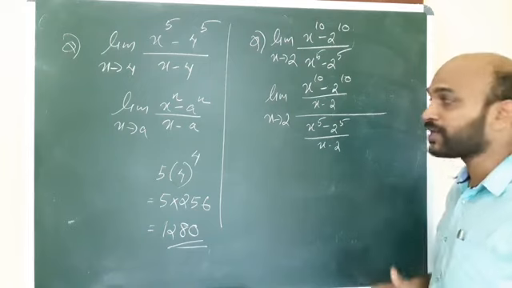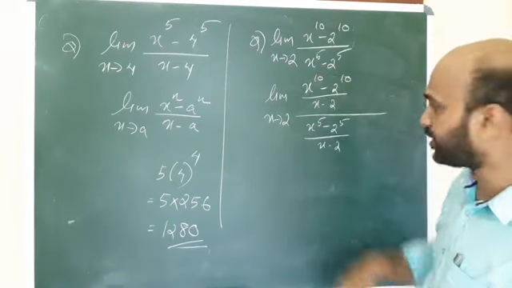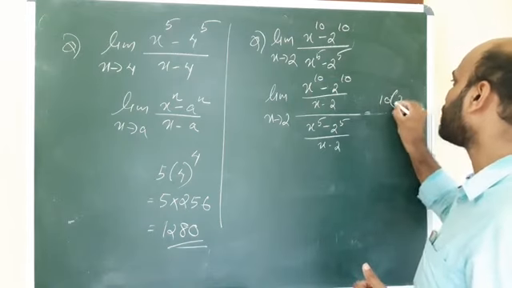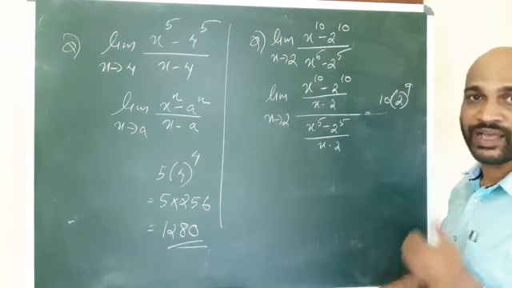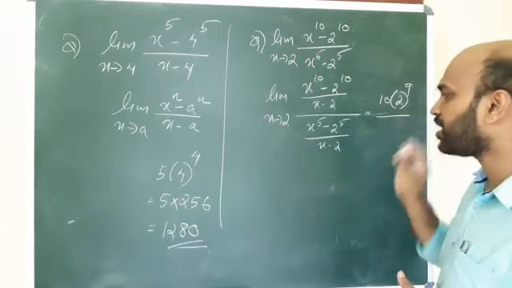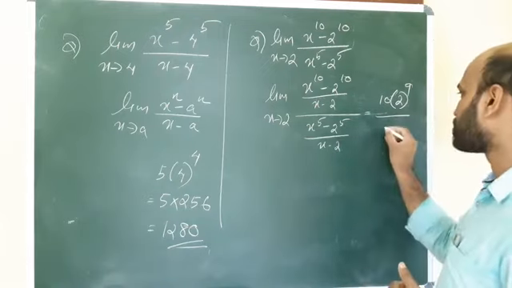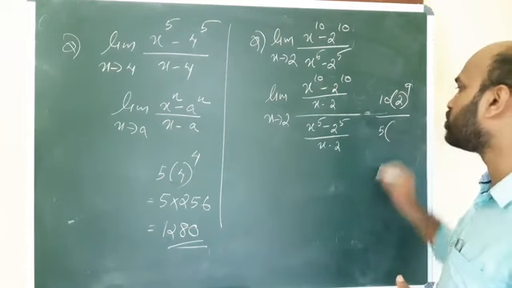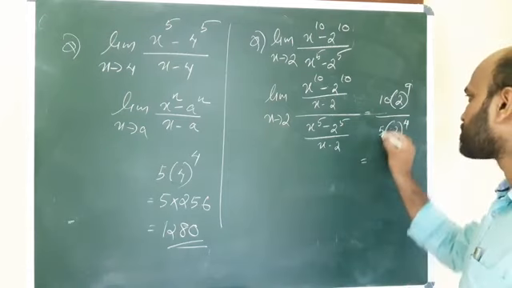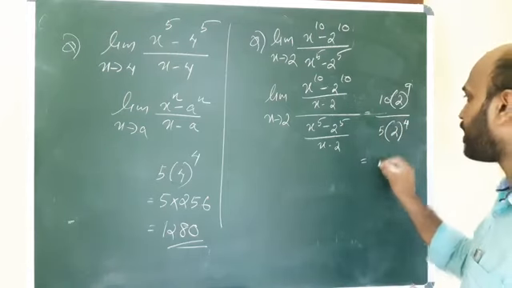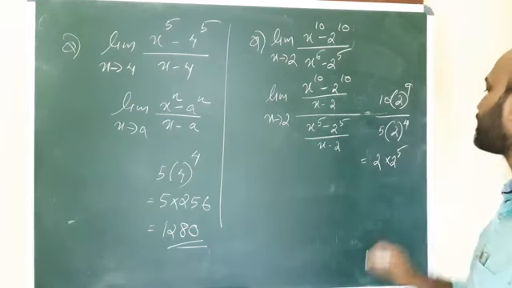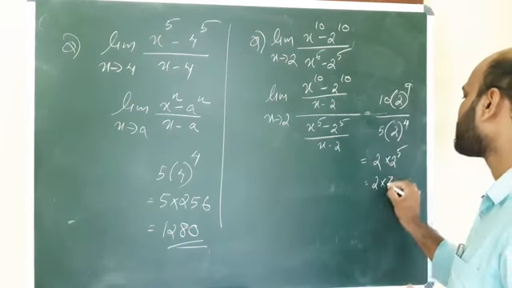Now we can apply the limit to both numerator and denominator. So from the numerator we will get 10 into 2 raised to 9. Right? n into a raised to n minus 1. What about the denominator? Here also we can apply the same limit. So this will be n into a raised to n minus 1, that is 5 into 2 raised to 4. So this one you can simplify. 10 by 5 equal to 2, into 2 raised to 5 we will get. Okay, that is 2 into 32,